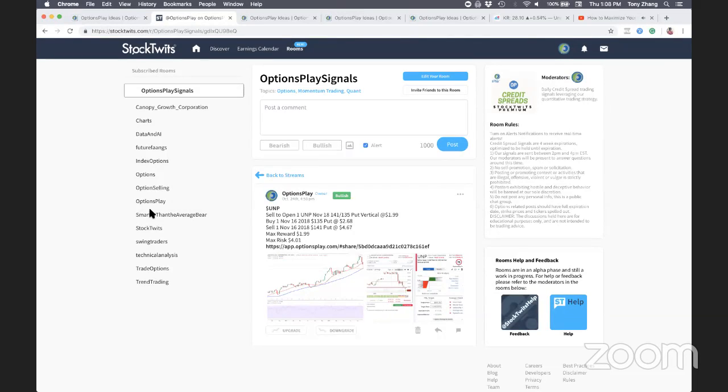Tony, the spread or the trade distance of, say, $5, should it be with strikes inside of 1 standard deviation? Yeah, so usually when you're selling credit spreads, especially the optimal credit spreads that our research shows is best, generally will be always within 1 standard deviation. Like I said, there's a lot of index options traders and ETF options traders that like to sell really far out of the money credit spreads that are beyond 1 standard deviation. And the research behind that also does show that it is profitable.